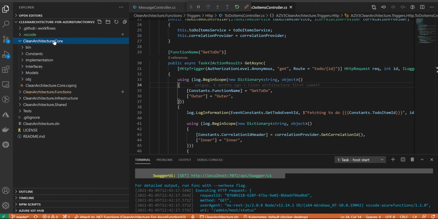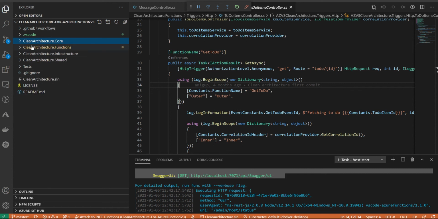Now, if you look at the core folder, as the name suggests, this is the core. This is where the business rules, business entities, repositories, and interfaces reside. You can potentially break this into multiple projects as well. However, note that projects under this folder do not depend on any other project outside this folder. This is where your core logic lies, and you can pick it up and host it anywhere else.